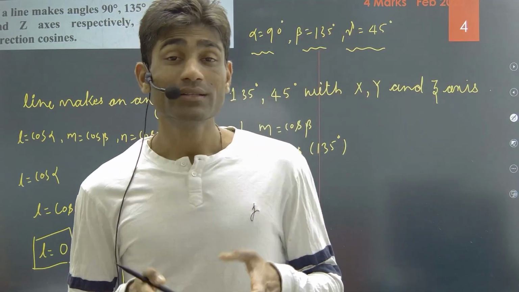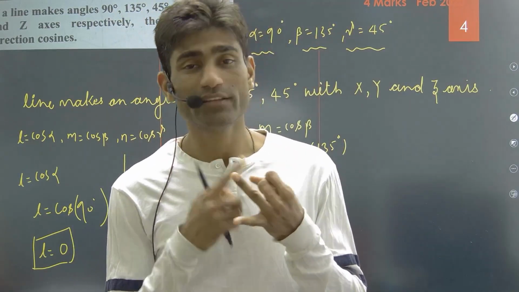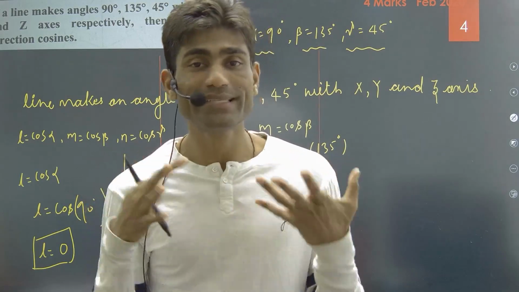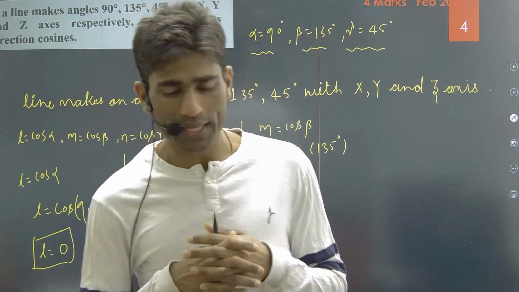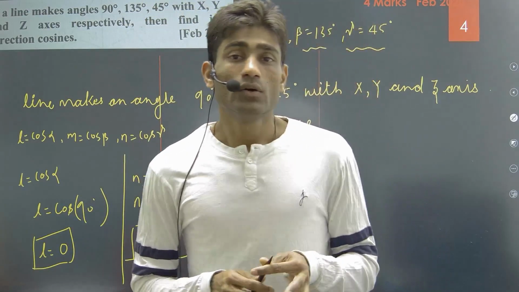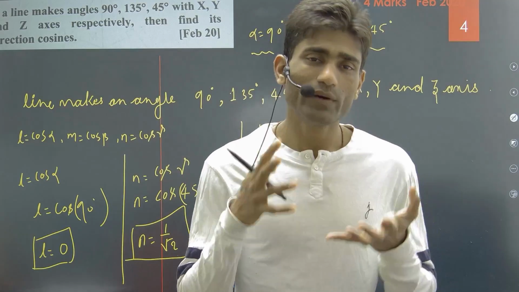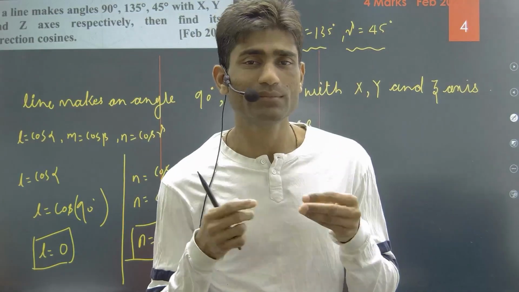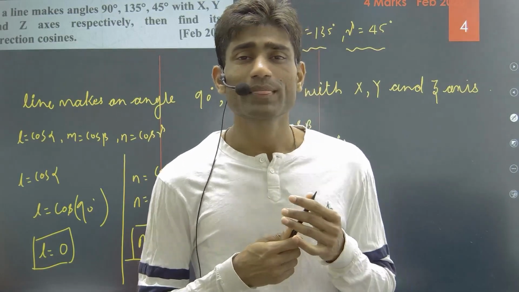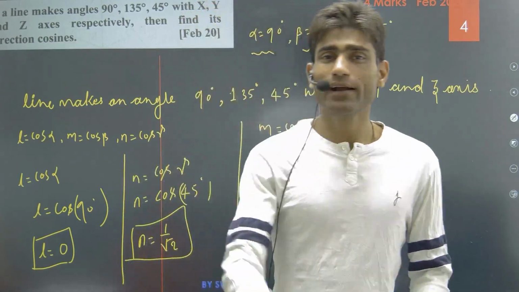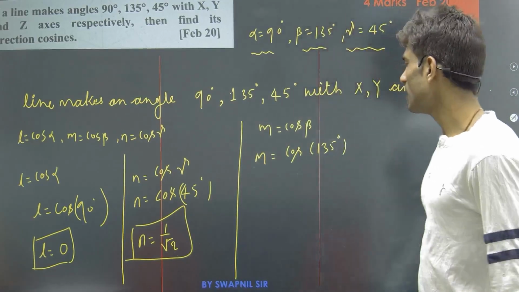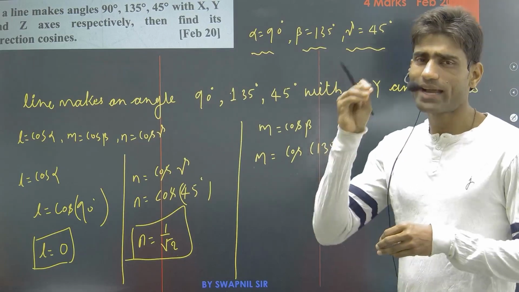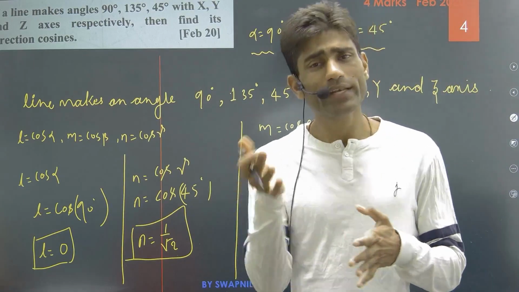Standard angles we know are 0 degree, 30 degree, 45, 60, 90, 180, 270, 360. These are the standard values for our angle. But if it comes like 135 degree, 165, 175 degree, some odd values are coming, then we have to apply allied angles for finding the values for those angles. So 135 degree we can write as 90 plus something or 180 minus something.